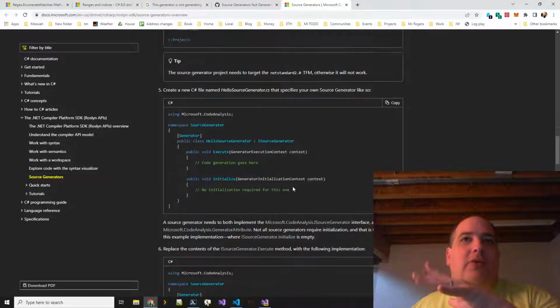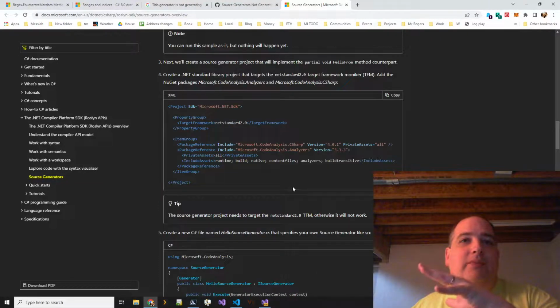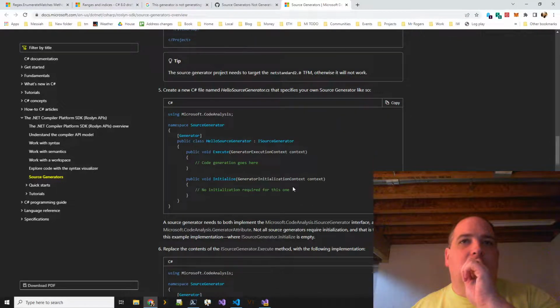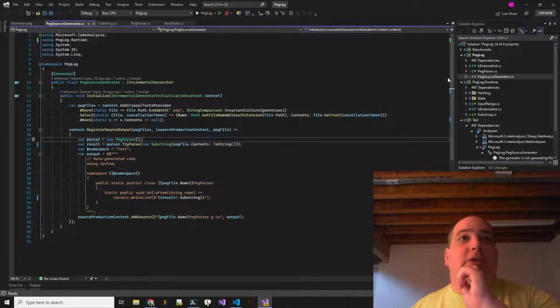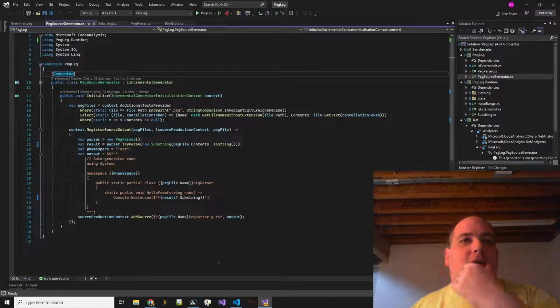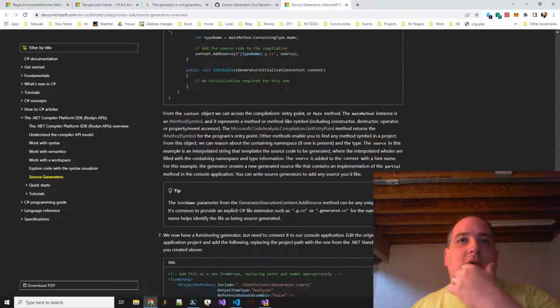It's possible that some of the support for generators may require something. Possible that changed without me realizing it. Okay, so I'm an incremental generator. I have the attribute on it. It's just not working for some reason.